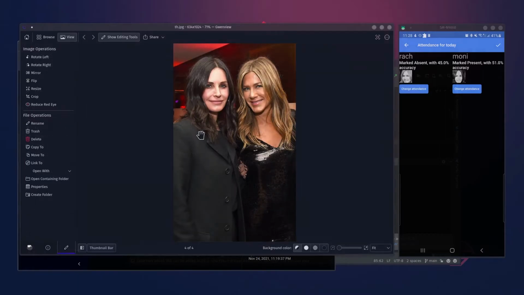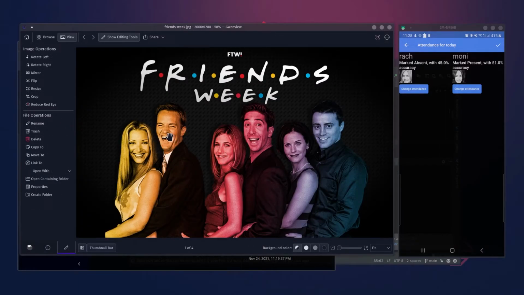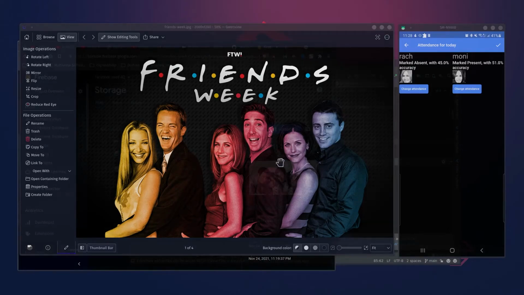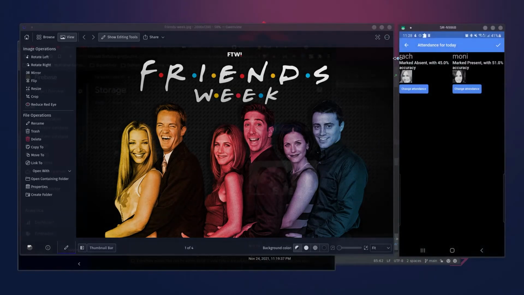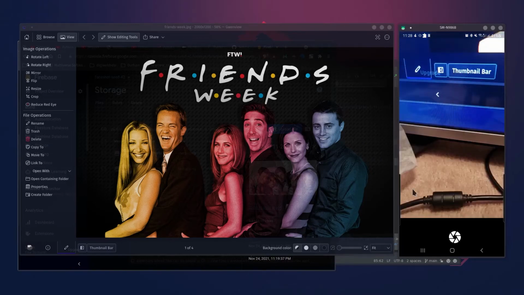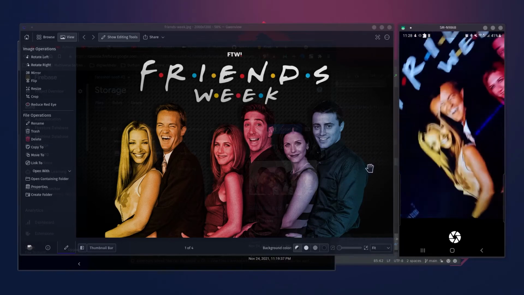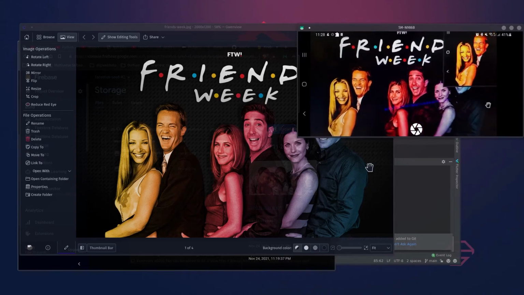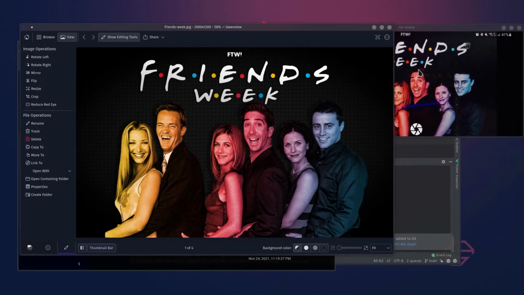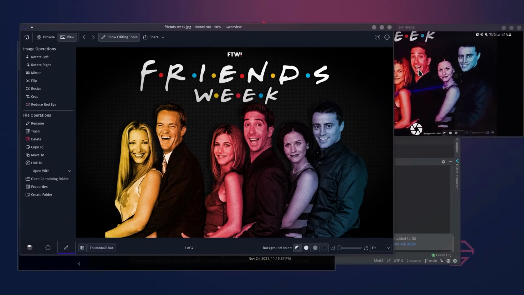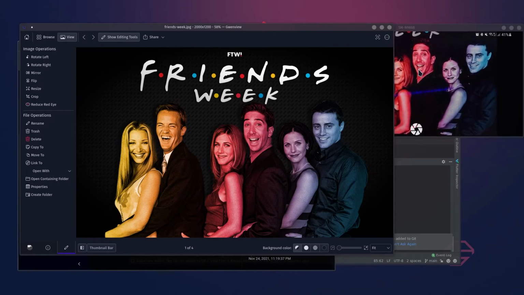Moving on to a bit of a more complex image. This one has a bit more colors. Just trying to see if this works or not. Bringing the phone in landscape, just highlight the image and take the photo like that.